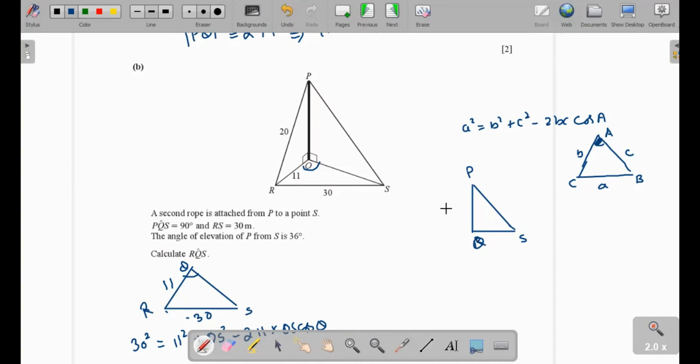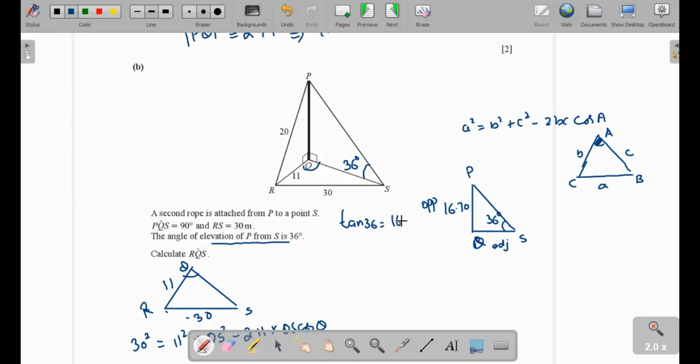This length is 16.70, already given above. And the elevation of P from S is 36 degrees. That means this angle is 36 degrees. Now this is the adjacent side of the angle, and this is the opposite. PQ is the opposite side. Now we take the ratio, tan 36 equals